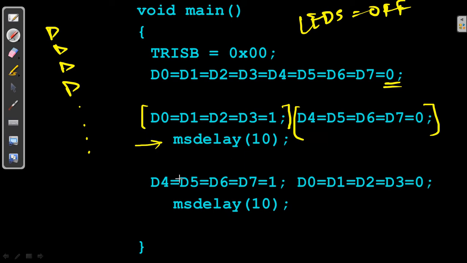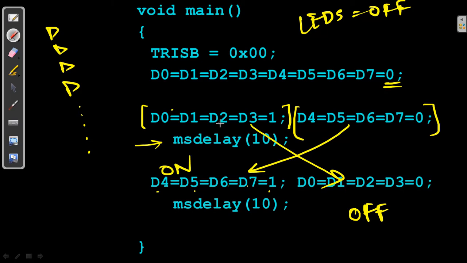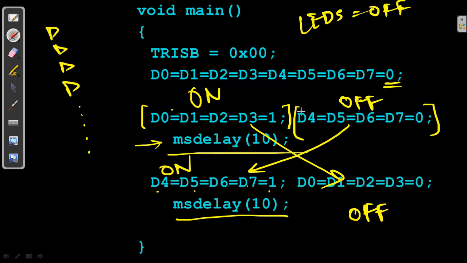After that, I am turning on the remaining 4 LEDs, D4, D5, D6, D7 equal to 1, and the first 4 LEDs will be made off. These are on and these are off. And again an ms delay of 10. This will be executed again and again.